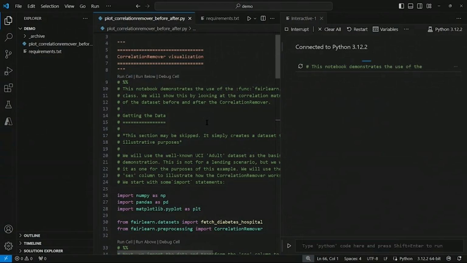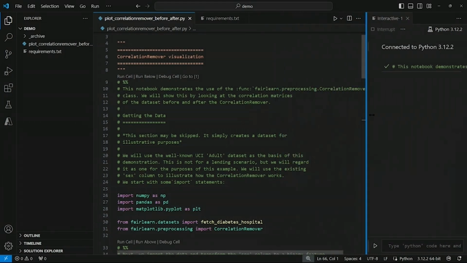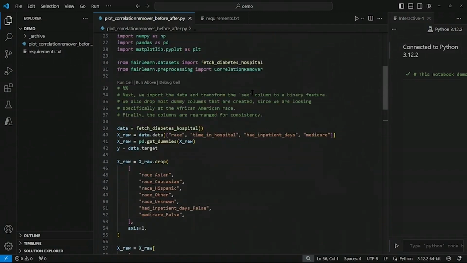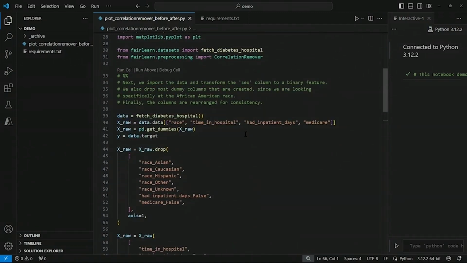Okay, done. Now, scrolling down, the next cell starts on line 33. It starts out by calling the fetch_diabetes_hospital function. This is to load a hospital-related dataset with multiple attributes, including patient demographics and medical history. Then there's data preparation.